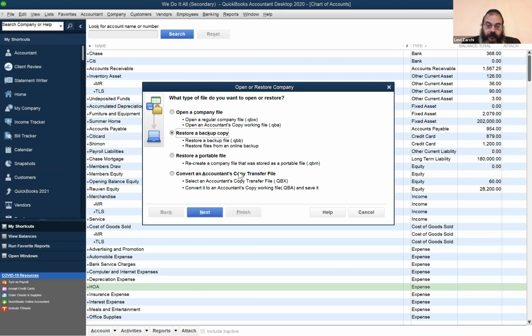Then you have what's called an accountant's copy transfer file, right? Not an accountant's copy working file, an accountant's copy transfer file, and that is X for the transfer. And sometimes that is the method that they use. They don't make a QBA and send it to the accountant. They might transfer to the accountant with a QBX, and the accountant will take that QBX and convert it to